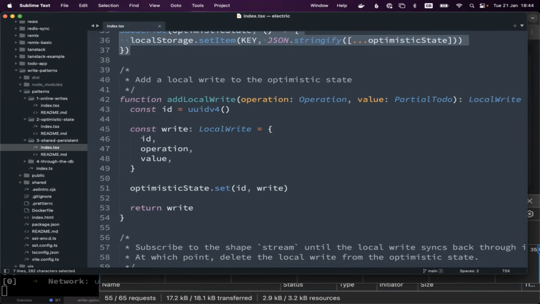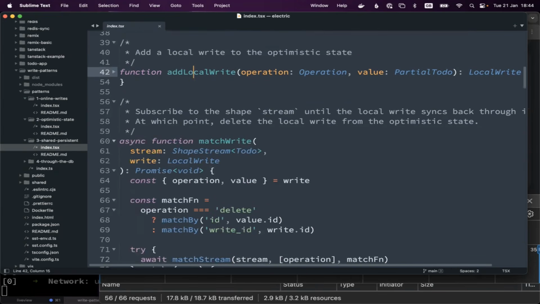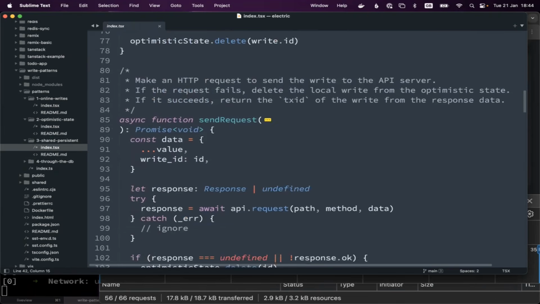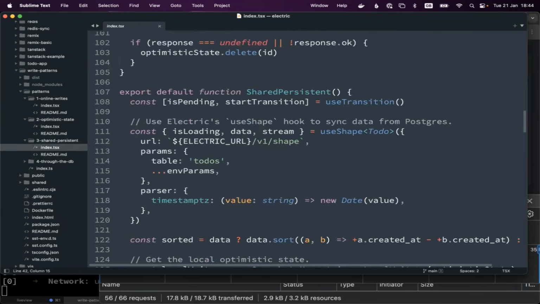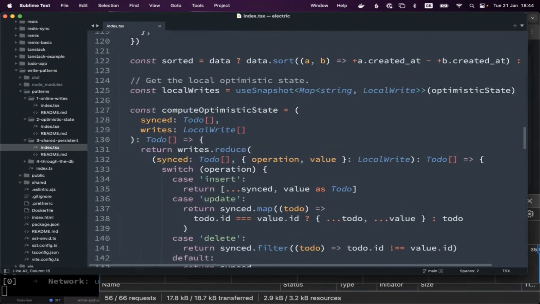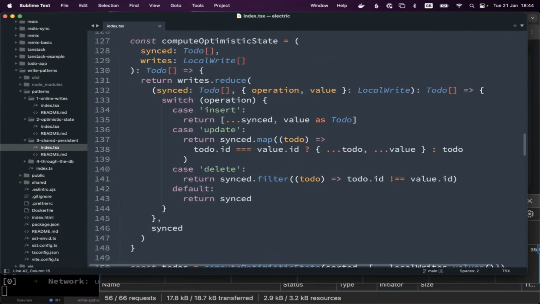So these patterns are just showing a slight increment in the complexity of the merge logic with these optimistic writes. We have a function here for adding a local write to the optimistic state, a function for matching a write, and a function for making a request. And then everything's exactly the same. So it's a transition, it's the use shape. We have a very similar function here for applying the optimistic state.